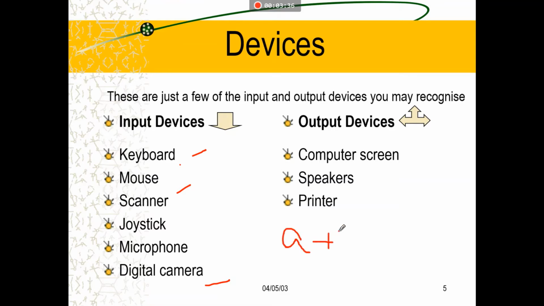A and b are alphabet keys from the keyboard, and then 2 and 3 are numeric keys, which are already on the keyboard, and we use them to give the input. Now, a joystick is mostly used to play games, and a microphone is used when you are talking.